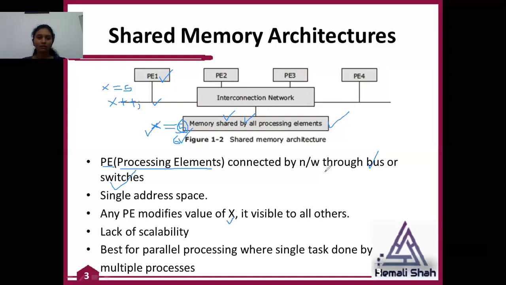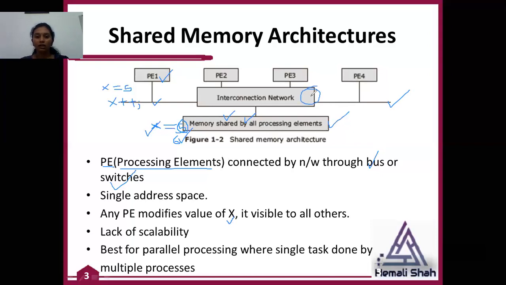Is it possible by using this shared memory architecture? It is not possible easily. If you want to scale your system, then there is a limit for this interconnection network.